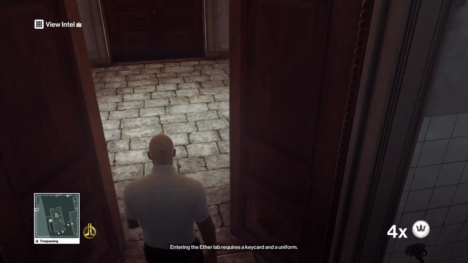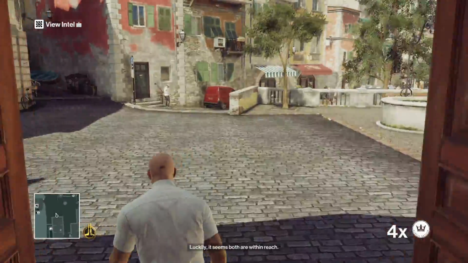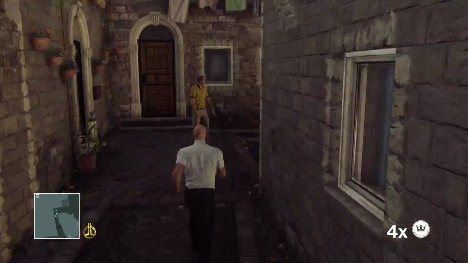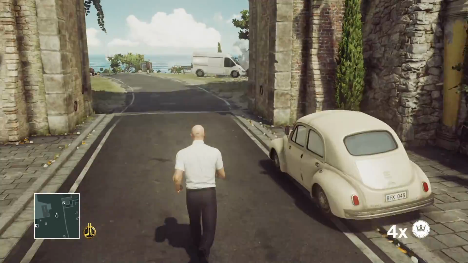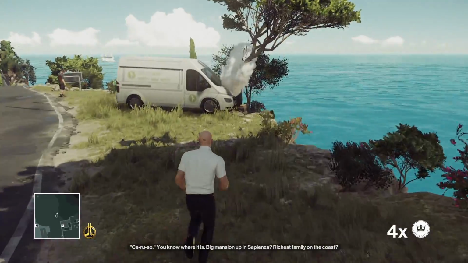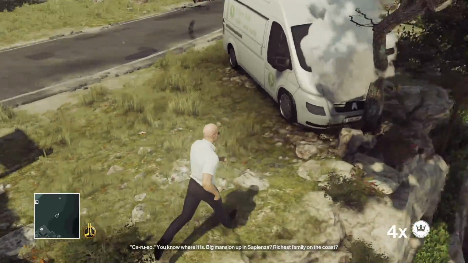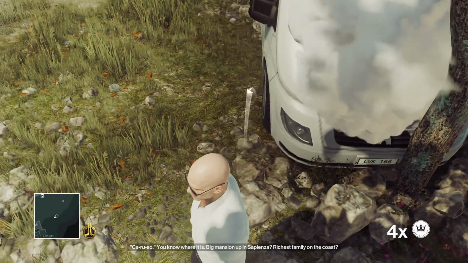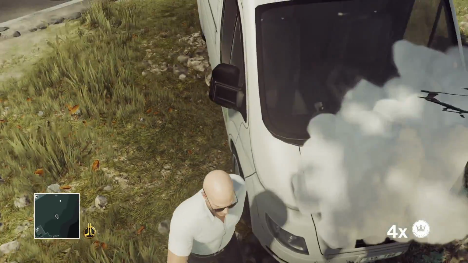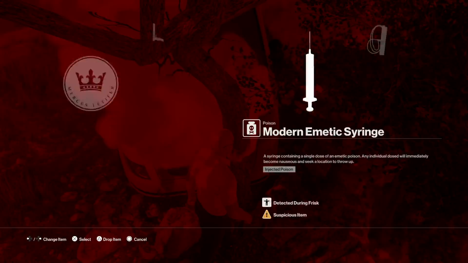The ether lab requires a key card and a uniform. Luckily, it seems both. Now, having taken her out, also that eliminates the need for the breaching charge or anything like that to open the lab door. You know where it is. Big mansion up in Sapienza, rich family. Now, for weeding the garden, we need